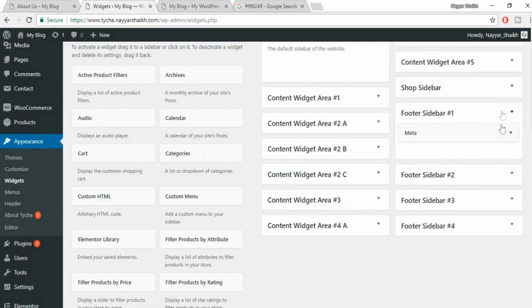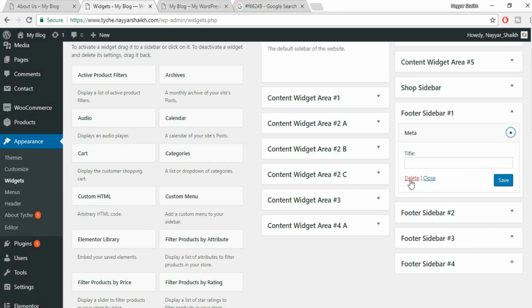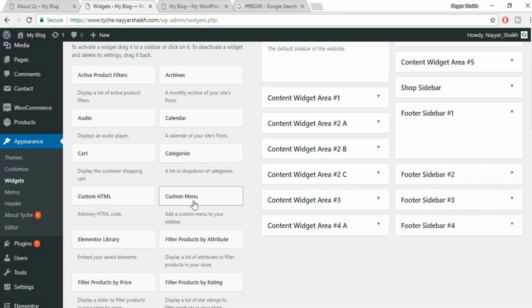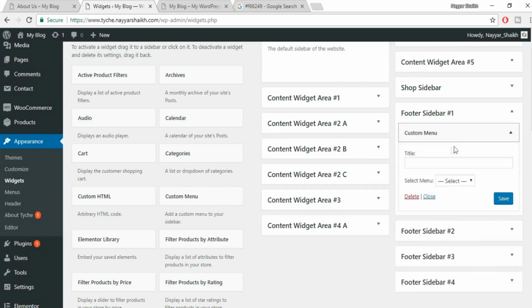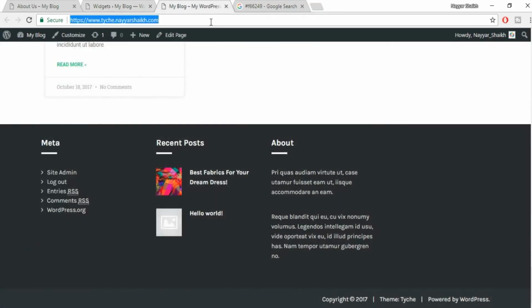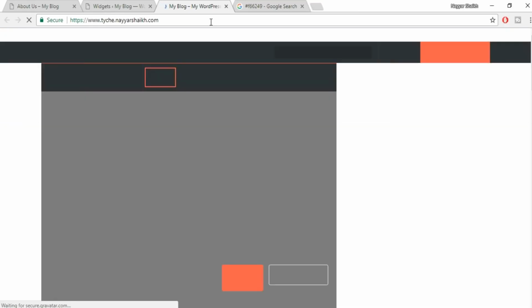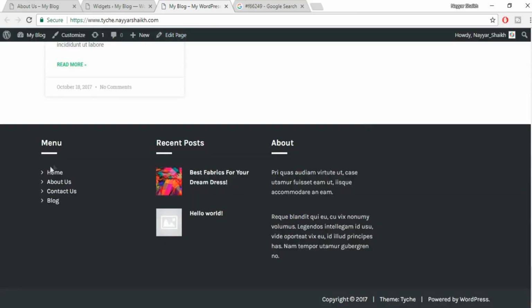For example, if you don't want this meta under footer widget 1, you can delete this and you can have maybe a menu in this footer widget. So you can just drag this custom menu. You can select the main menu. You can name it anything. For example, menu. Click on save. Now let's refresh this website. And now as you can see, instead of that, we have our menu over here, and here we have recent